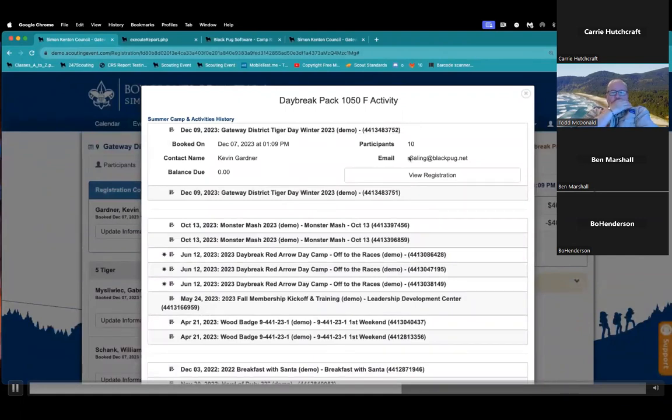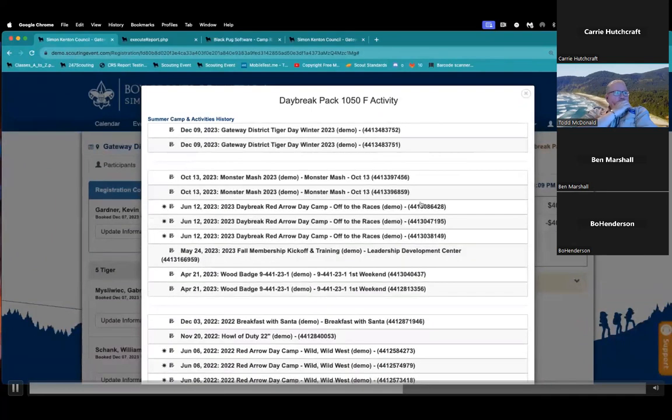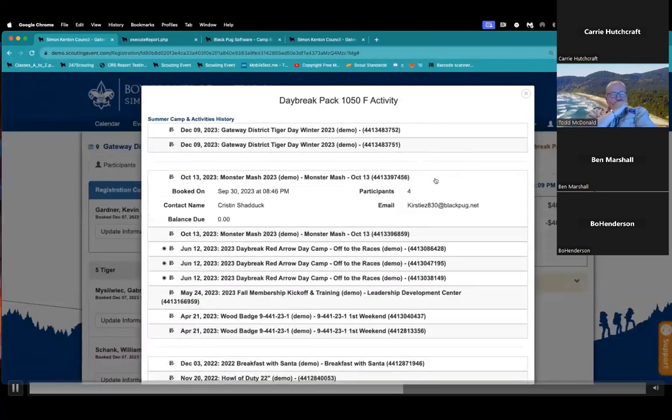So here's this Tiger Day, and I did create this registration, so I can go in and view the registration. But here's a Monster Mash, and I did not create this registration. Kristen did, but Kristen is another person from our unit. So I can see, yes, she registered on this date, and she's got 4 people registered for this event.